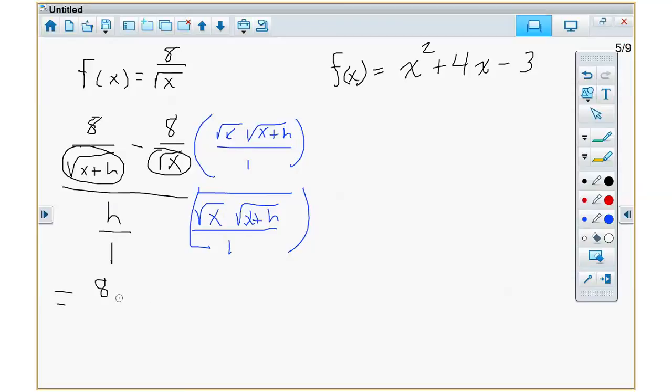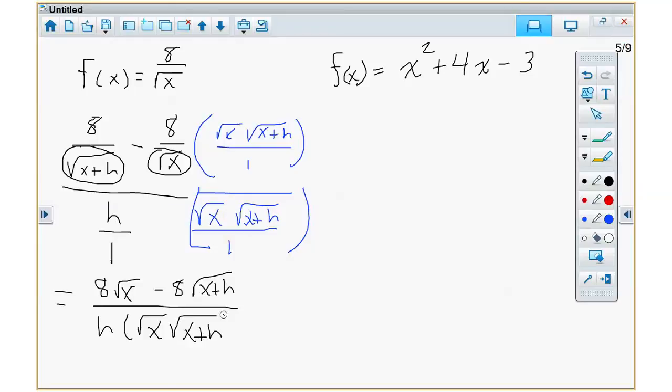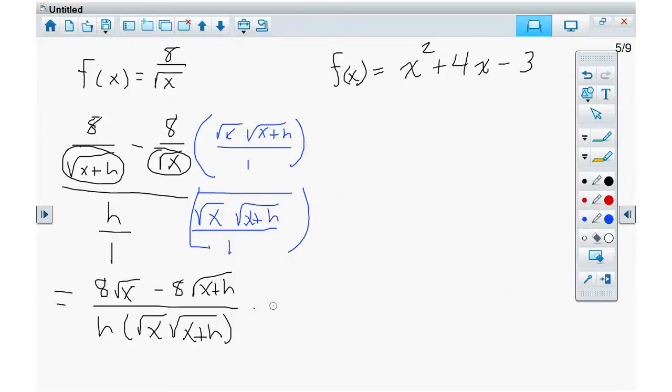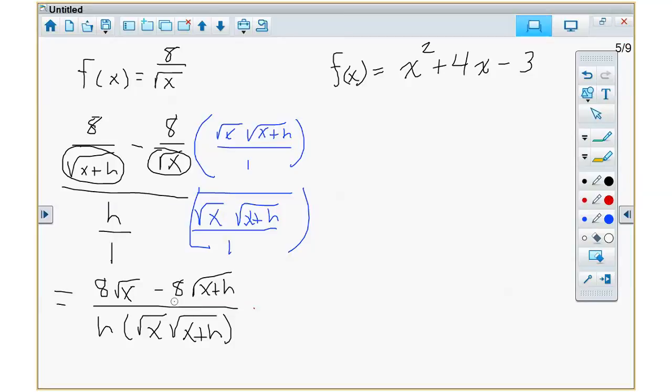So that's x times the square root of h. I'm sorry, square root of x, minus 8 square root of x plus h, over h times square root of x, square root of x plus h. Now you use the conjugate. I'll do that in red, times, and I'm going to factor out the 8. So that'll put an 8 right here,